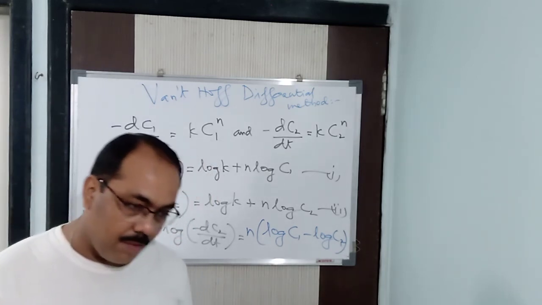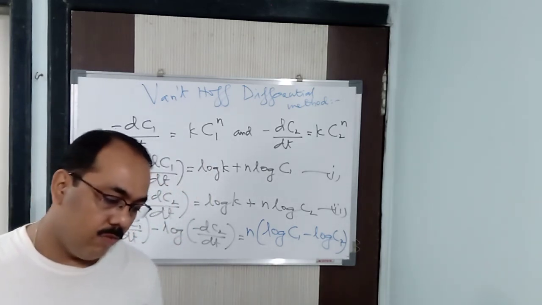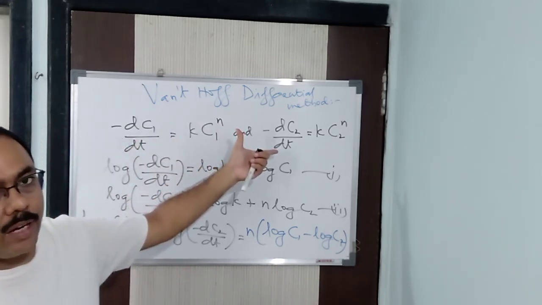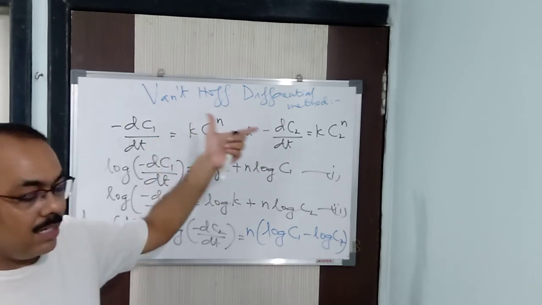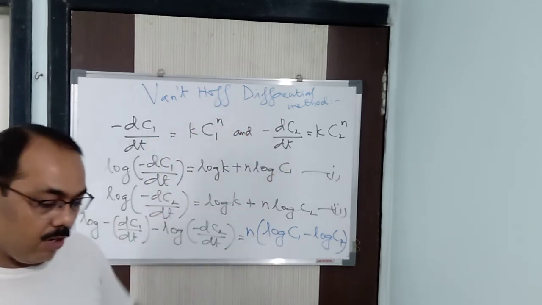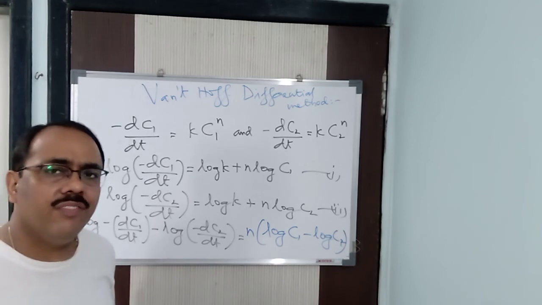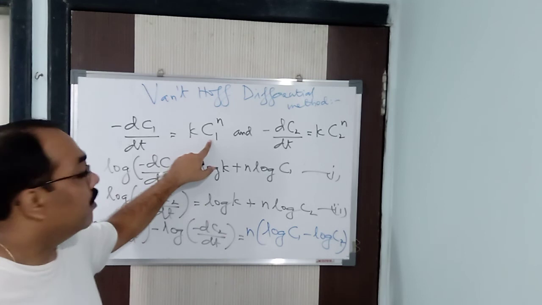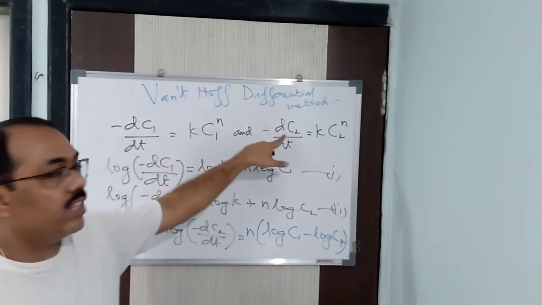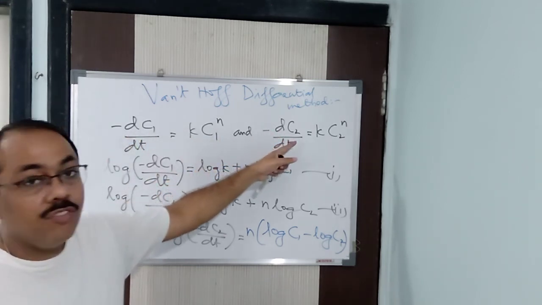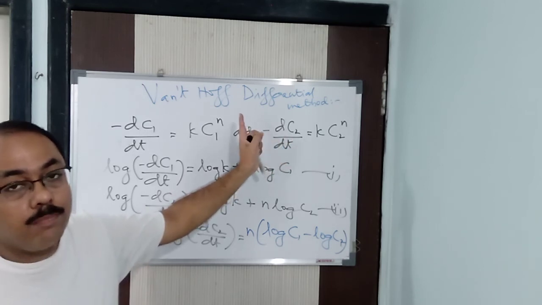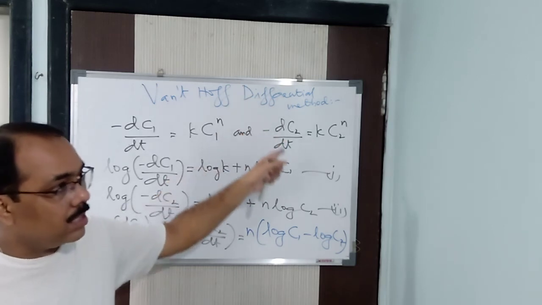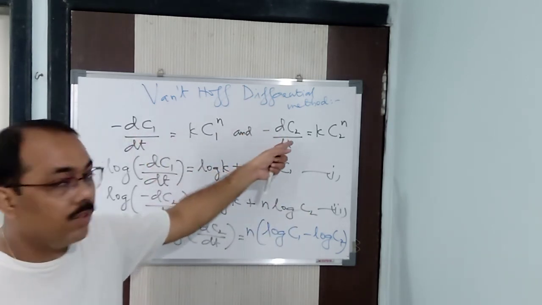So here minus dc1 by dt and minus dc2 by dt are nothing but the rate of the reaction for two different concentrations, C1 and C2, we can say that. Clear? Followed? So when you start with different concentrations C1 and C2, the concentration of the reactant is going to decrease, because it is the reactant. So hence it is minus. For that reason it is minus. By two different concentrations, I start the reaction, so the concentration of the reactant is going to decrease. So hence it is negative. We can say that. Clear?